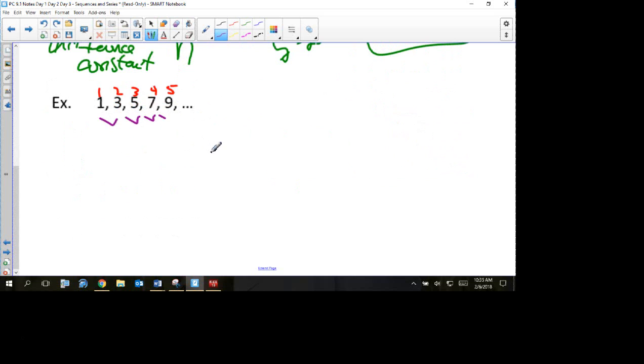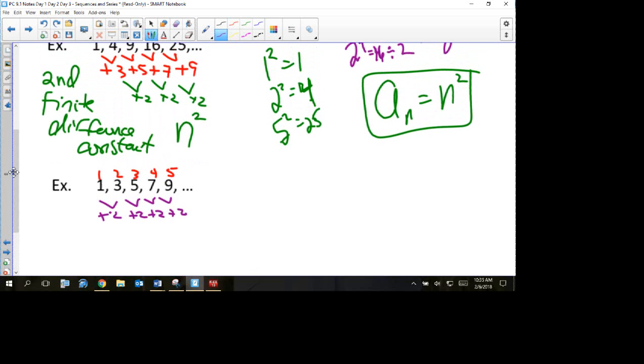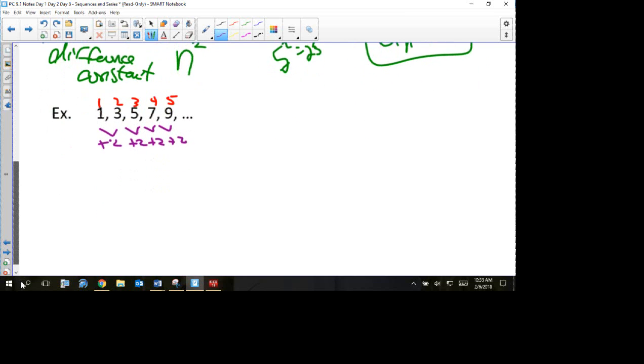Constant difference? We just did those numbers right above it. That was our first finite difference. Okay, so since there's one finite difference, that tells me what kind of equation it is. What kind? Linear. So I know it's going to be n, but since I'm adding 2 each time, it's going